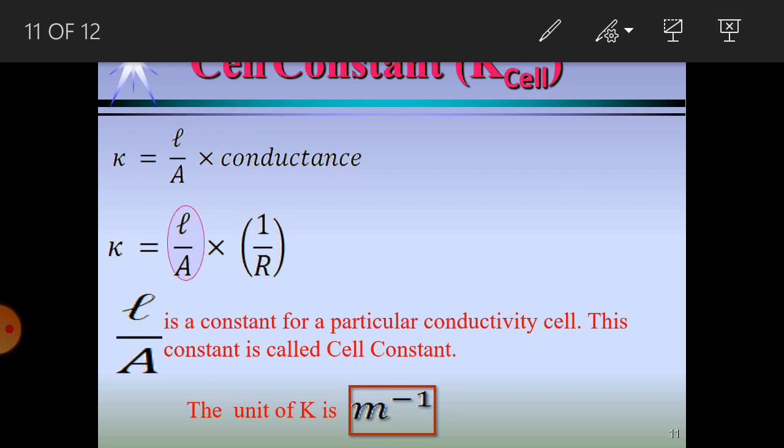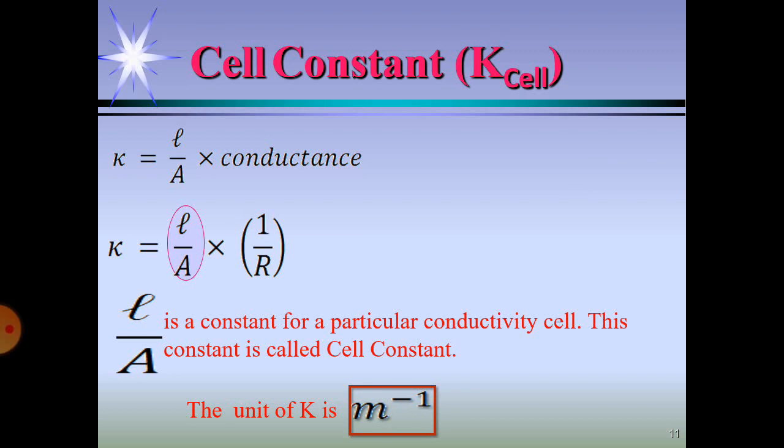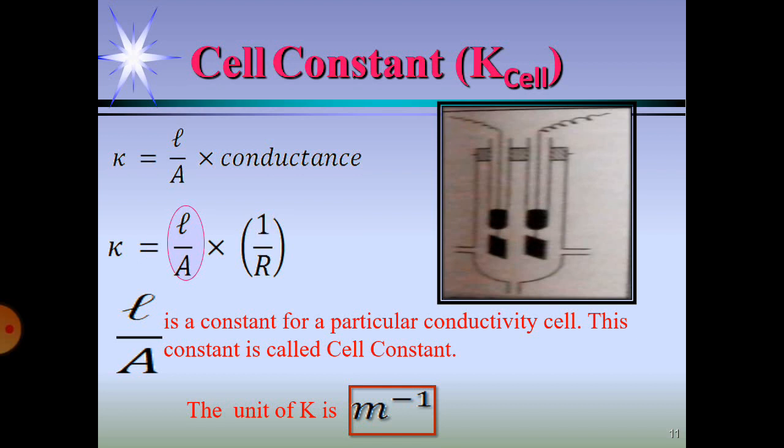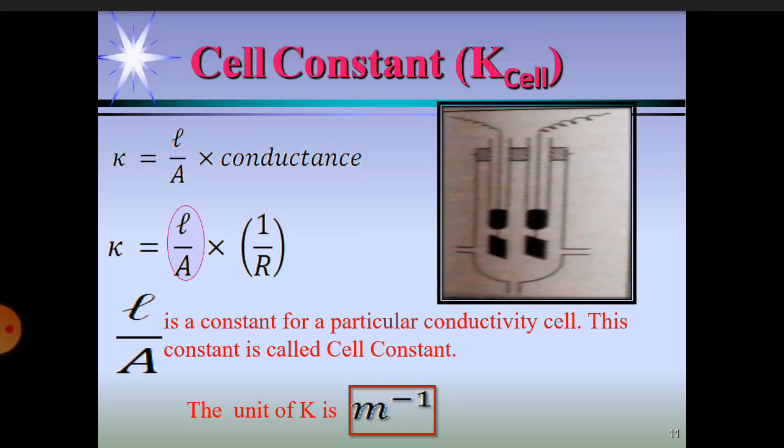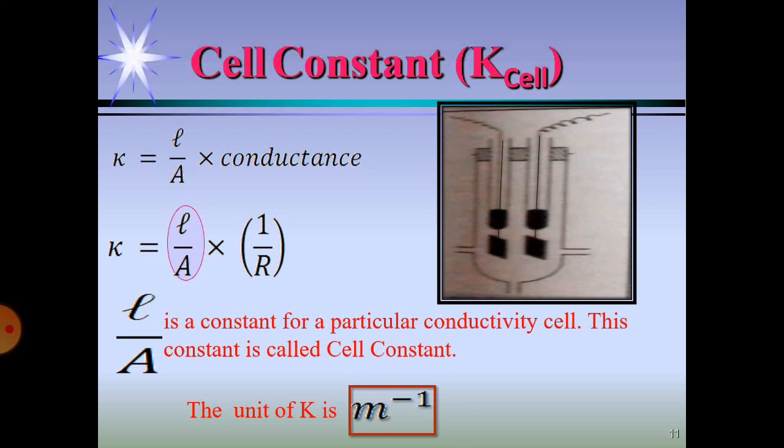I already mentioned that in practicals, for measuring the equivalent conductance and molar conductance, we use a device known as the conductivity cell. The conventional conductivity cell is shown here. It consists of 2 electrodes that are kept at a fixed distance rigidly, and they are connected to the outer circuit by 2 platinum wires. This apparatus we use in all the physical chemistry practicals, and it will have a certain value for the cell constant K.